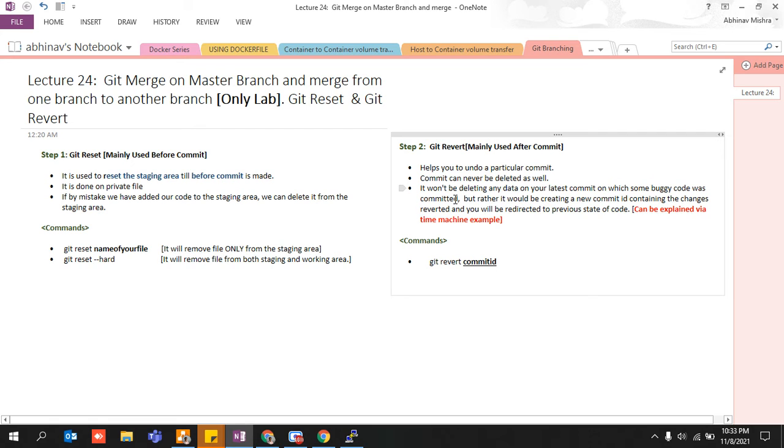Let's say you committed some code which was totally incorrect, and if you do git revert, it does not mean that it is going to delete whatever you have written. It is just simply going to put you back into your previous place, your initial starting phase where you started writing something, and from where you started writing incorrect code, that incorrect part would be removed and your previous state would be restored. I think you guys won't be able to understand.